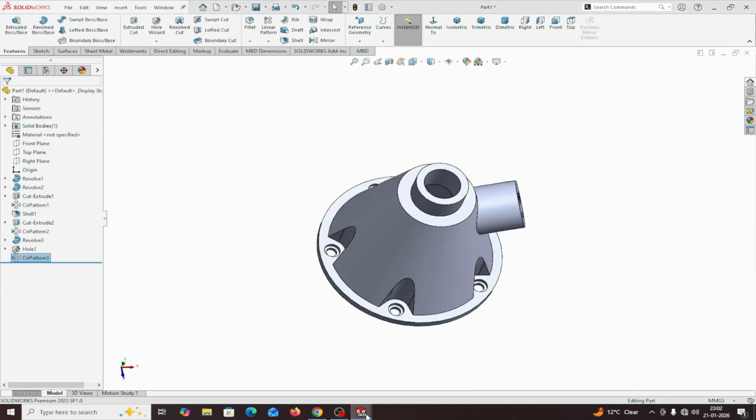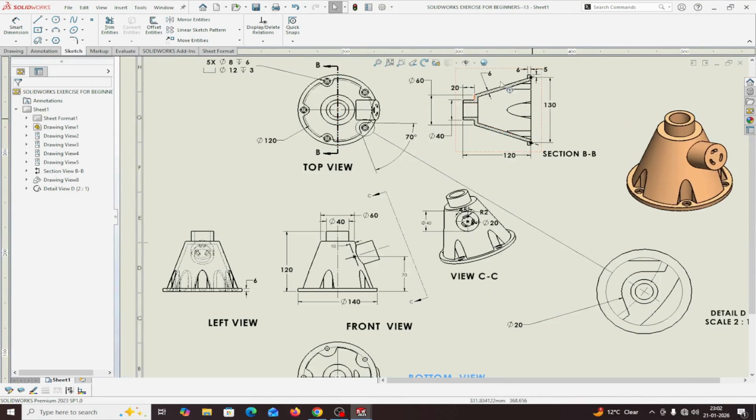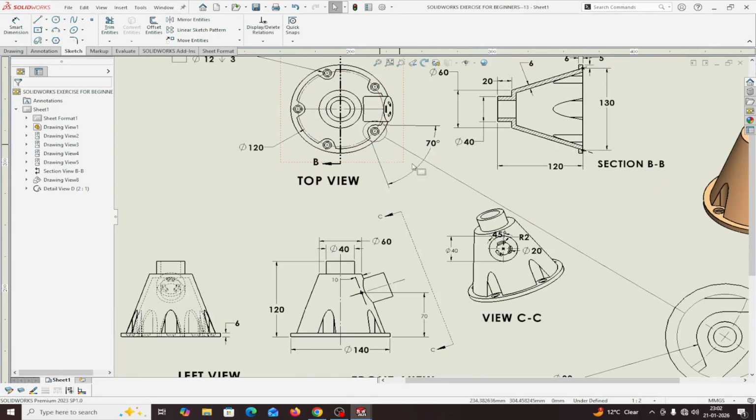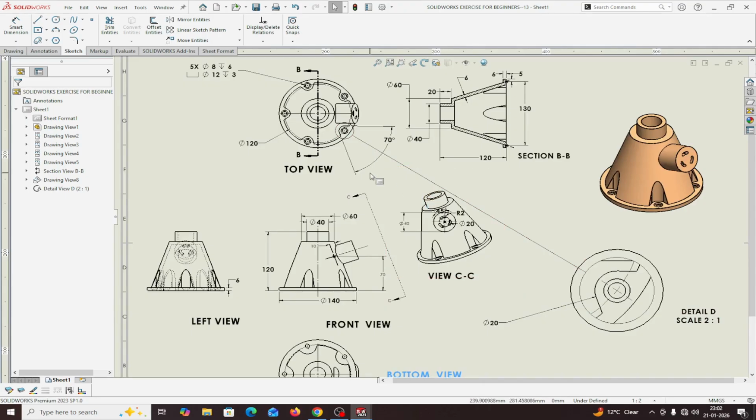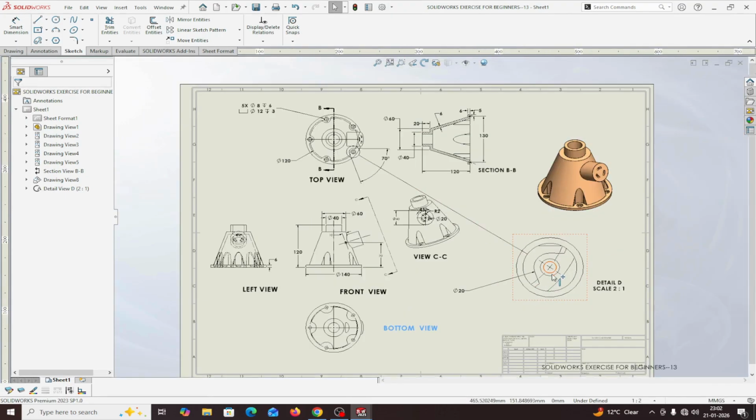If you see the drawing, I have made all the things. This circular part I have made section portion, and then later I make this profile extrude cut. This is the detail view of this one, and this is the profile, and this I have made all the things. Okay,